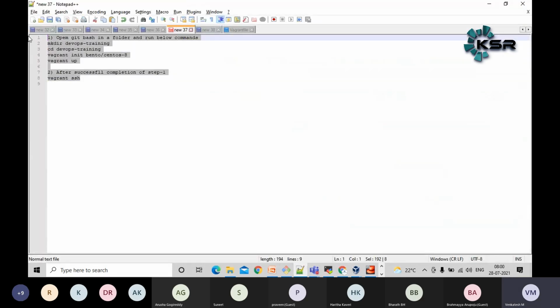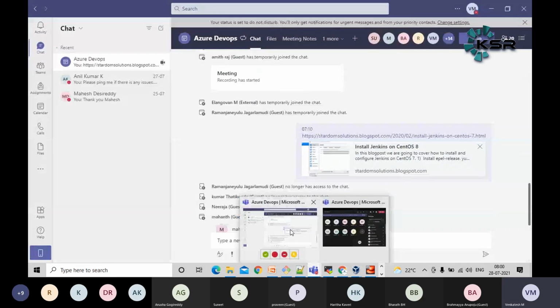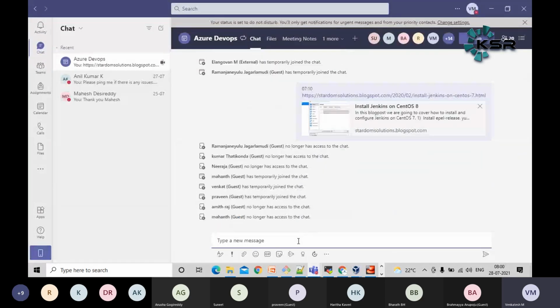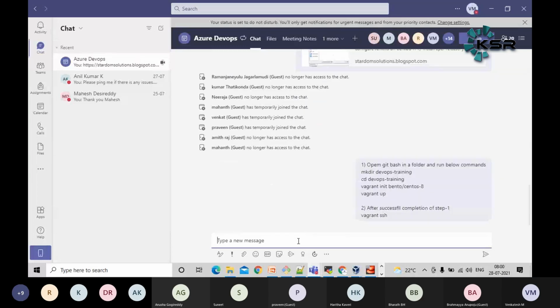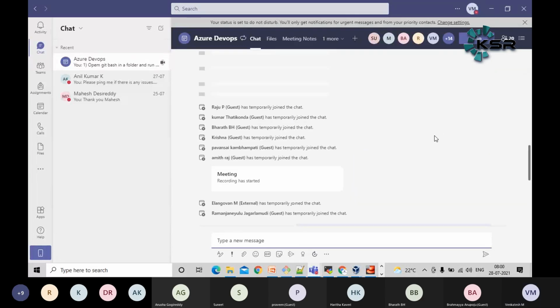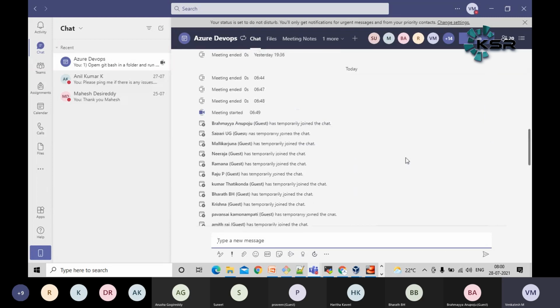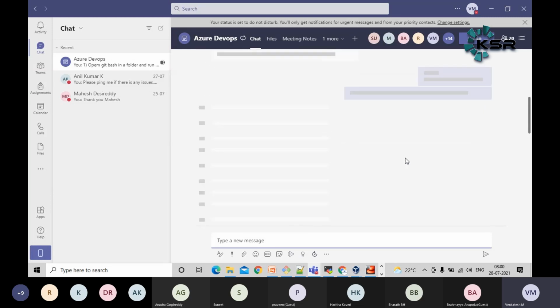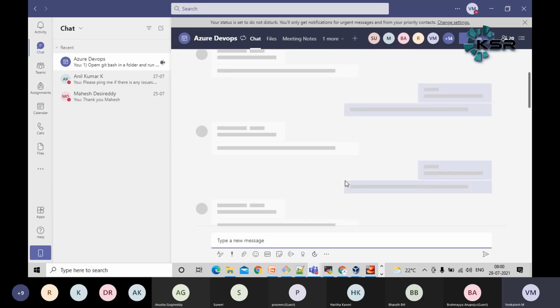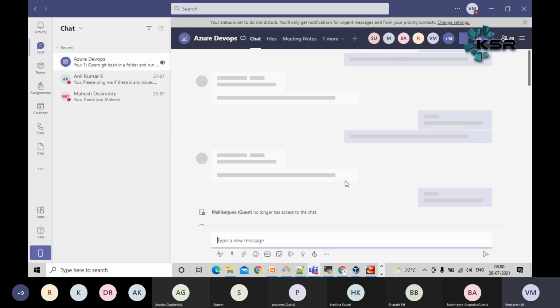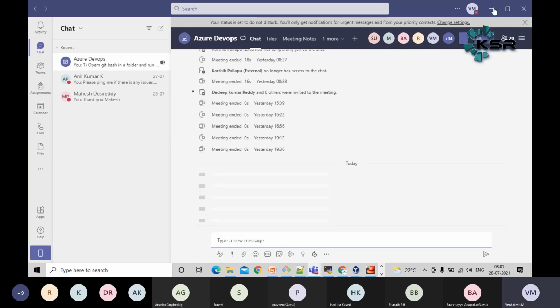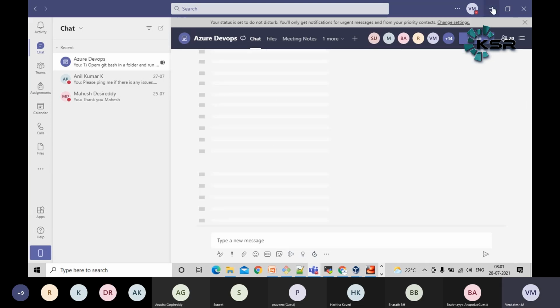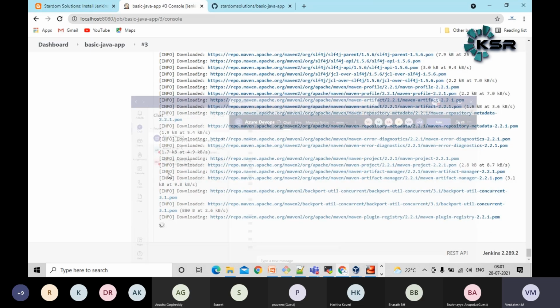Let me share the steps with you. Has anybody installed Jenkins, Oracle VirtualBox, and the Vagrant tool on your laptops? Great.